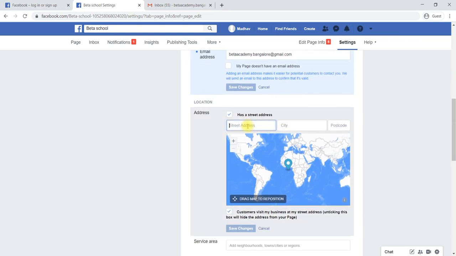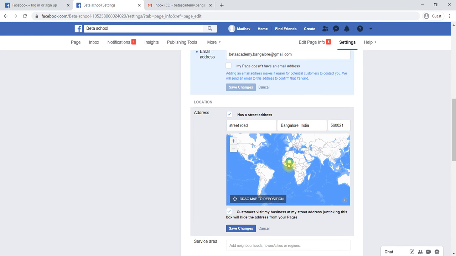Then you can give the address. You can directly search here. Like this, you can drop a location also, you can zoom in.